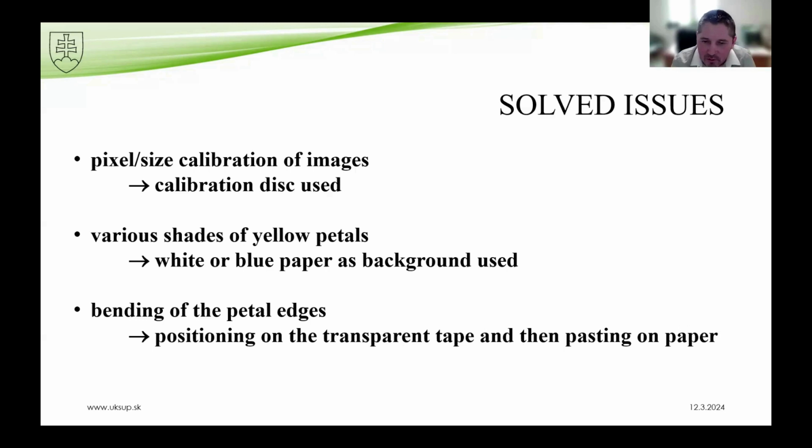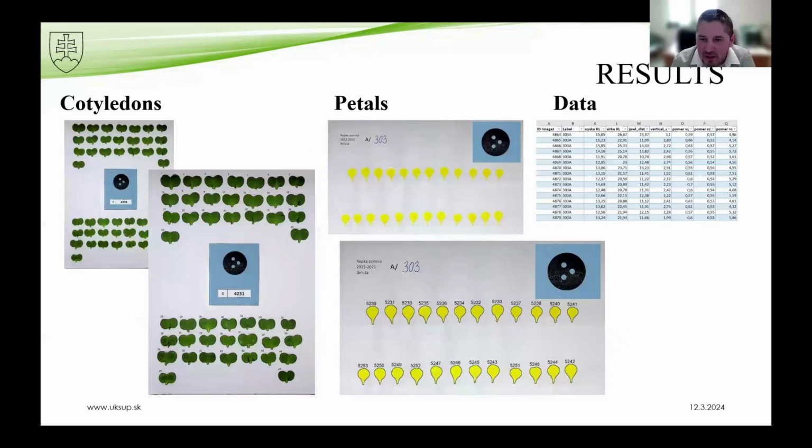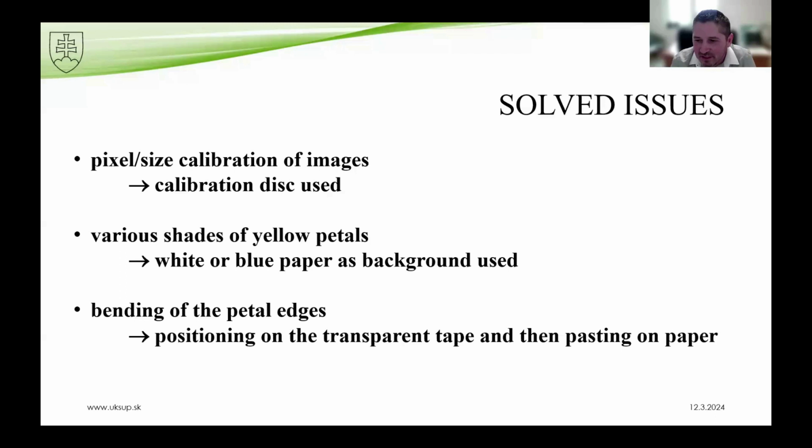To improve the quality of scanned images, we started to position the petals on the transparent film tape and then pass them on the paper. Please go back. This way we can prepare the sheets with petals at the flowering time